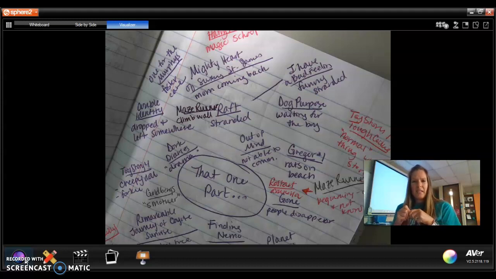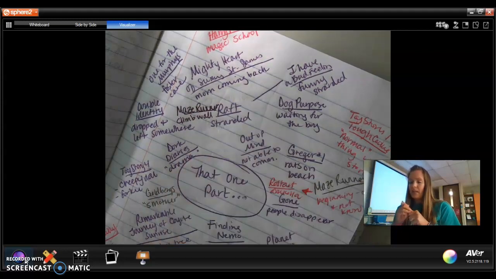Let's see. Restart, if you've read that book by Gordon Korman. Just the idea of amnesia and trying to exist in a life that you don't remember anything about. There's a book called The Mighty Heart of Sunny St. James, and this girl, her mom left when she was like 3, and she's now 12-ish and just had heart surgery, and her mom wants to come back into the picture and talk to her. The woman she's living with is giving her that choice, and the girl in the story isn't really sure. So having someone who hasn't been in your life all of a sudden decide to come back.